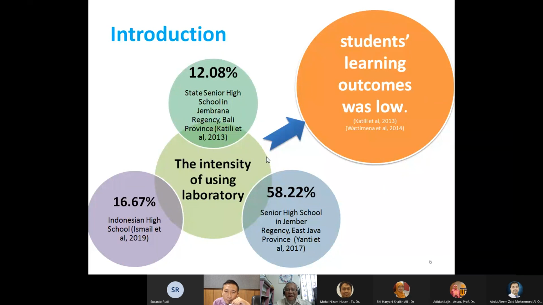The intensity of using the lab is low, meaning that the physical lab is not being used. It's underutilized. So if I were in education, I would try to manage some scheduling for the students, especially in secondary school, in high school physics, so that they can have some additional sessions